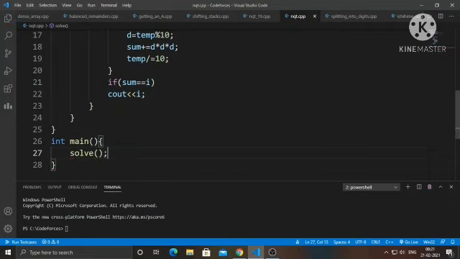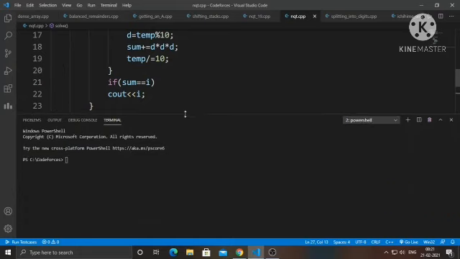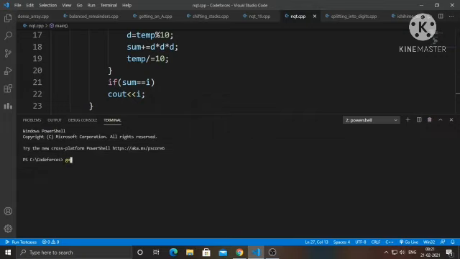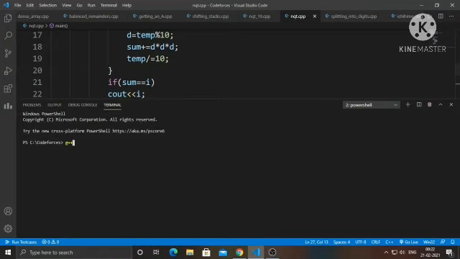Now I will run the code and show it to you. Let me compile it.